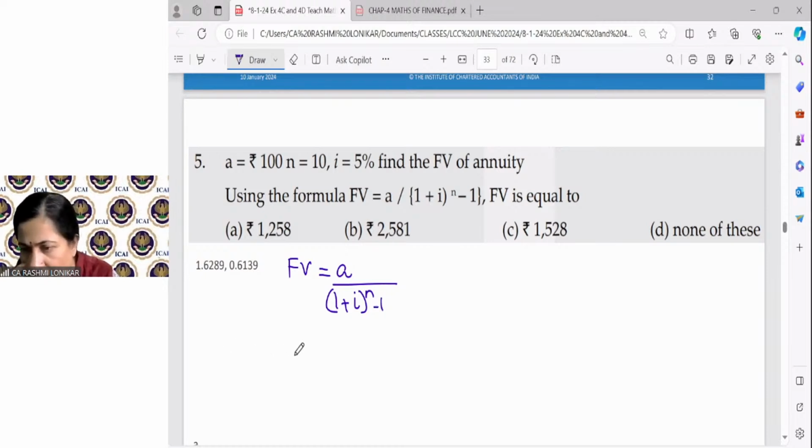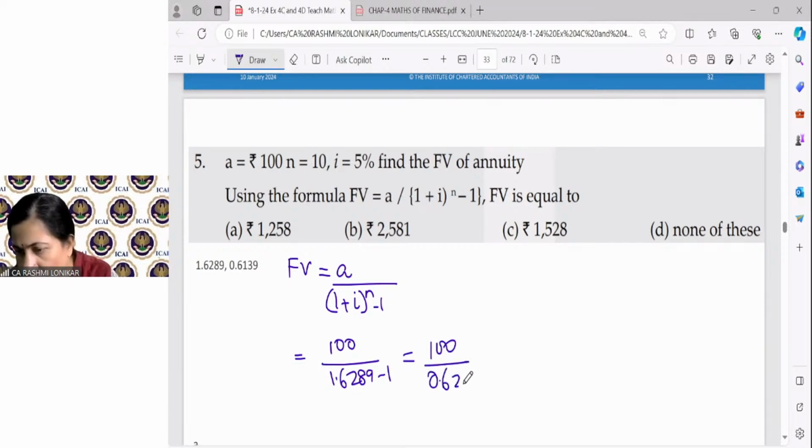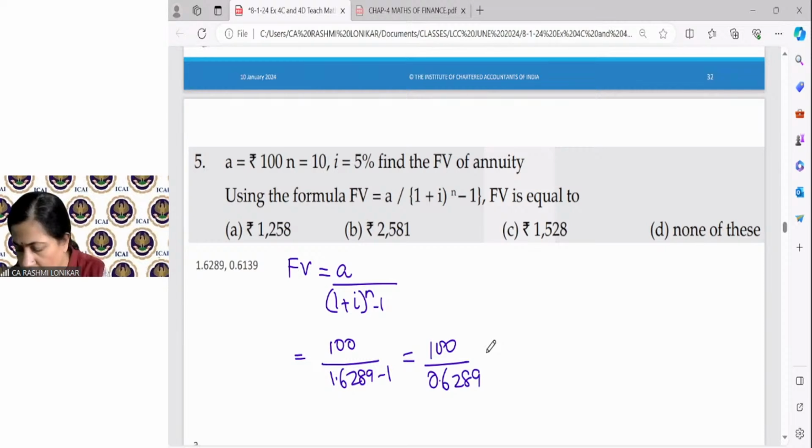Now how much is A? A is 100. How much is 1 plus I raised to N? 1.6289 minus 1, which is equal to 100 upon 0.6289. 100 divided by 0.6289. This is equal to,